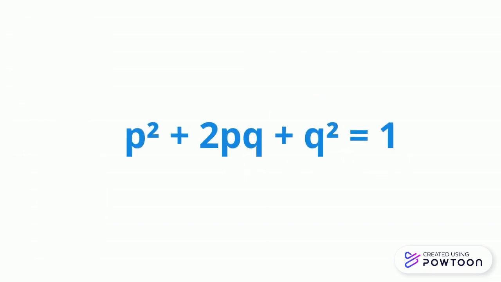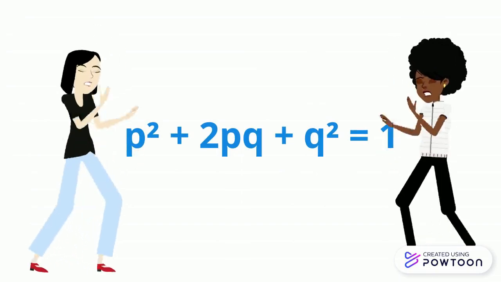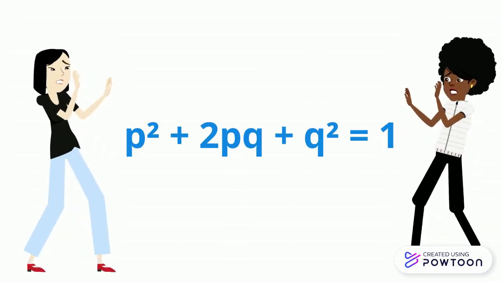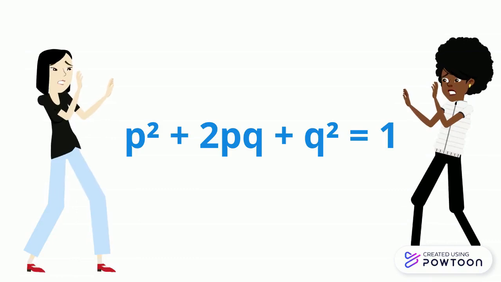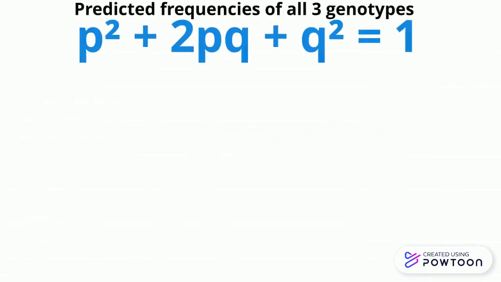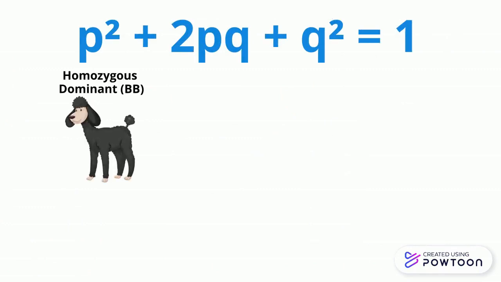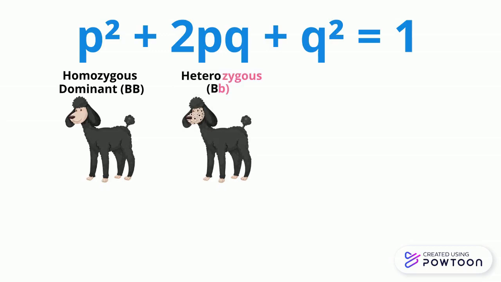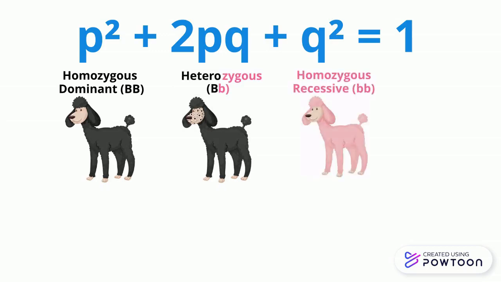The second equation does look scary, I know. Trust me, it was scary to me as well until I learned how easy it is to calculate. This equation will result in the predicted frequencies of all three genotypes. P squared is for our homozygous dominant genotypes, 2pq is for our heterozygous genotypes, and q squared is for our